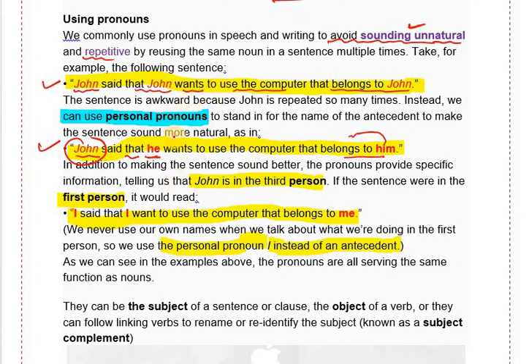The sentence is awkward because John is repeated so many times. Instead we can use a personal pronoun to stand in the place of the antecedent to make the sentence sound more natural. Now, John said that he wants to use the computer that belongs to him. So in addition to making the sentence sound better, the pronoun provides specific information telling us that John is the